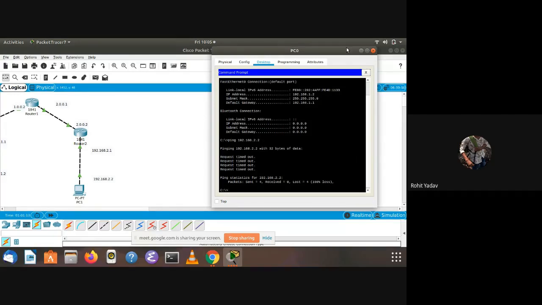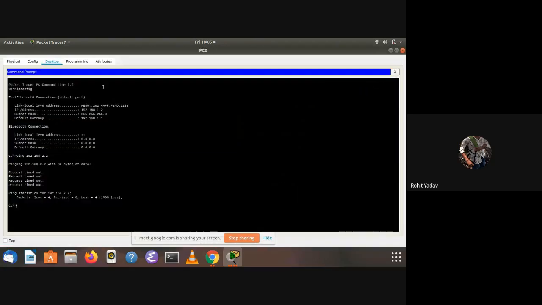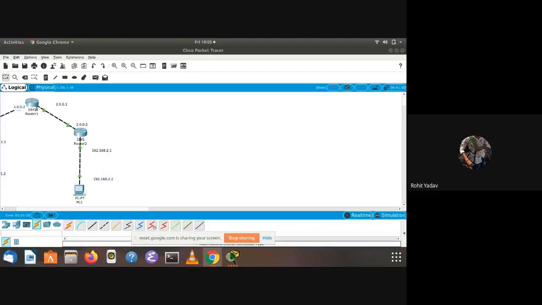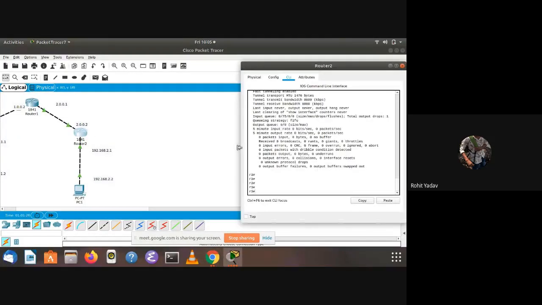We haven't checked whether our tunnel is working or not. Let's see. We are on this router. The tunnel IP address of this router is 172.16.1.1.